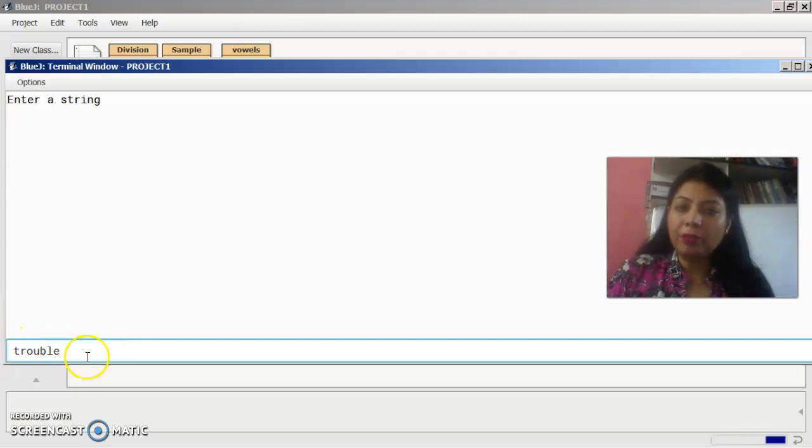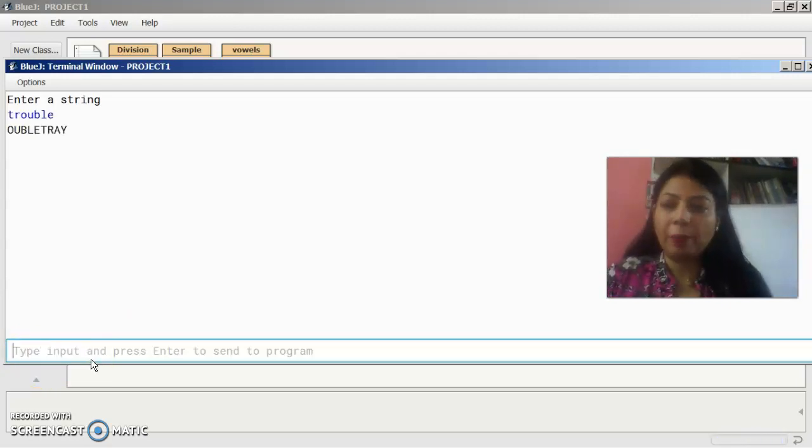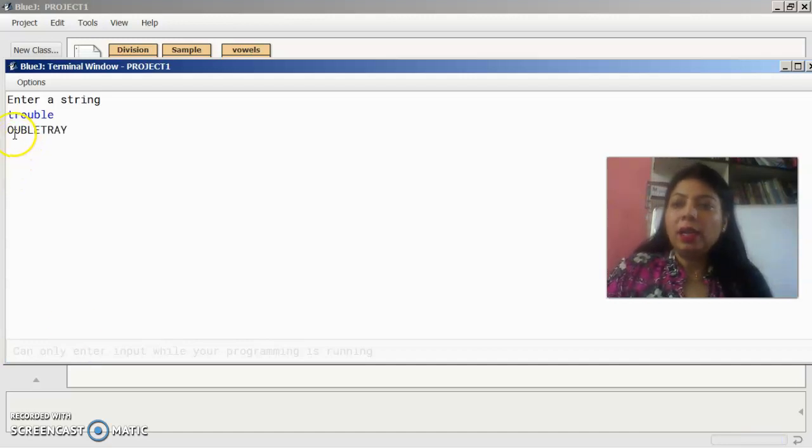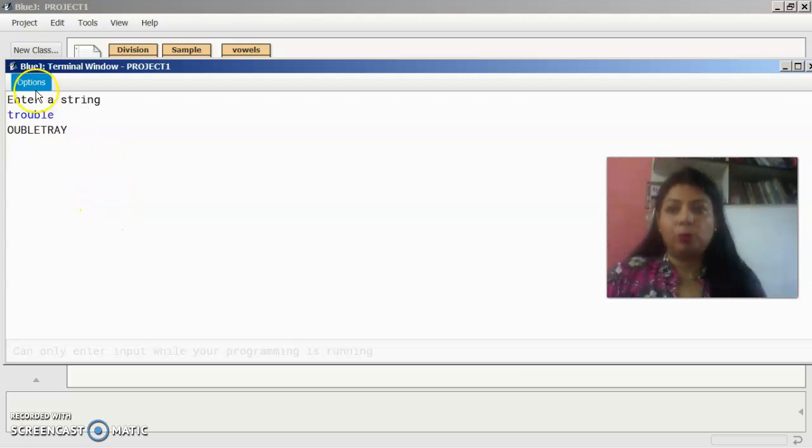Here I give trouble in small letters. Let's see what happens. You can see it is first changed to uppercase, and then it does the piglatin. From O to E it takes OUBLE first, then adds TR, then AY. So this is the perfectly correct output.